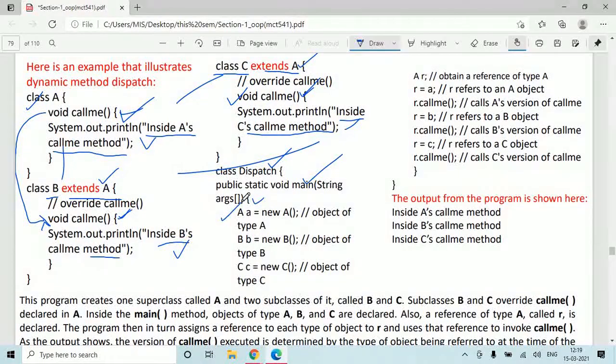This line creates an object of class A. A a = new A, so this small a is the object of class A. B b = new B, so this small b is the object of class B. C c = new C, this small c is the object of class C.